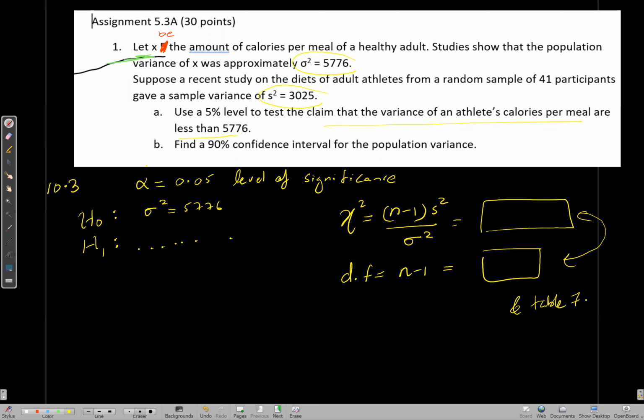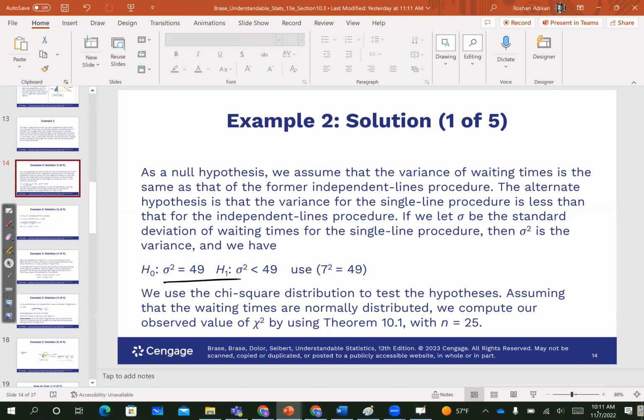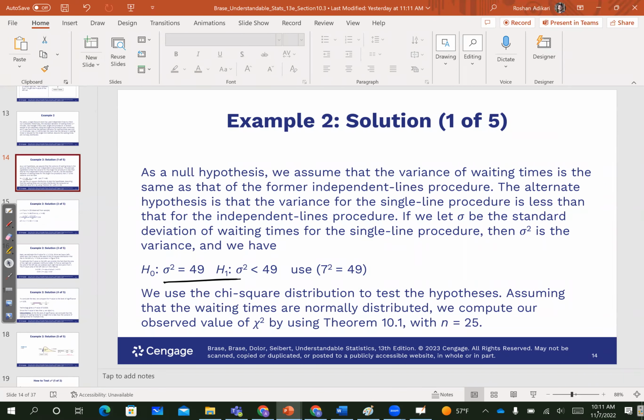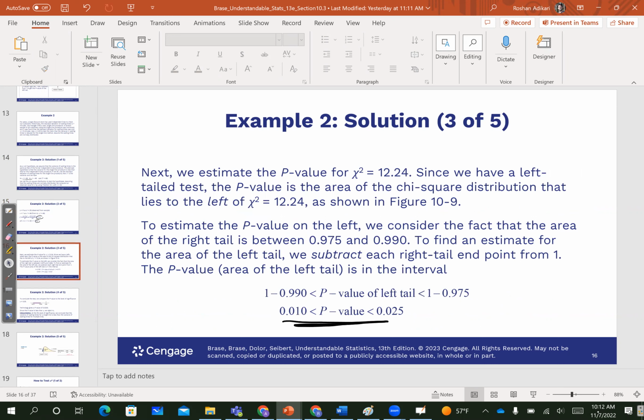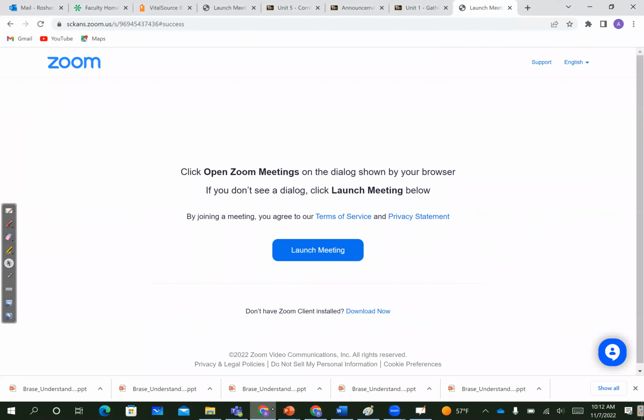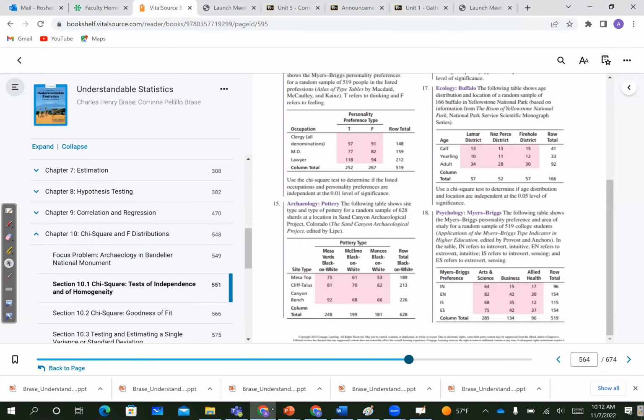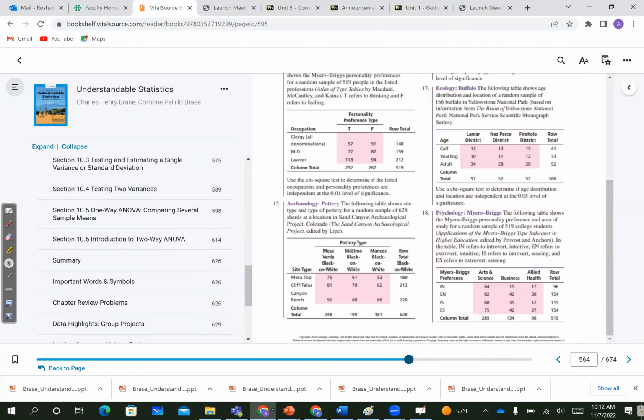Now let me explain quickly this. Using this example, see in this example, 12.24 and 24. Remember that. So 12.24 and 24, and then you have to go here. So how do you go there? By table 7. Now let me go. Let's see if I have it. Yeah, I have it here. See, table,